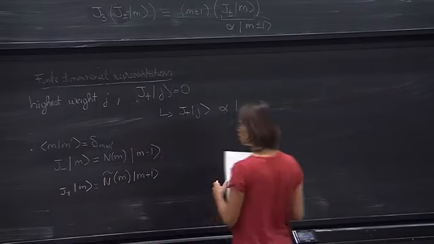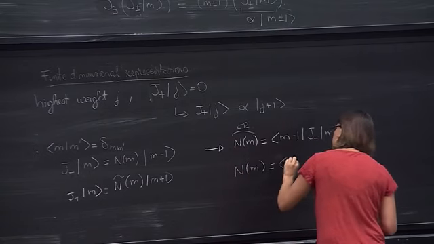And here we're going to make the assumption that these coefficients are real parameters, okay? And so using the fact, now we can take the adjoint of that. So what do you get here? This is also equal to